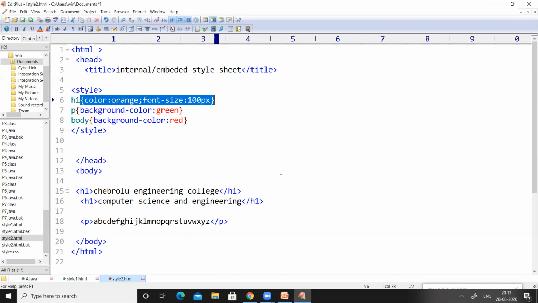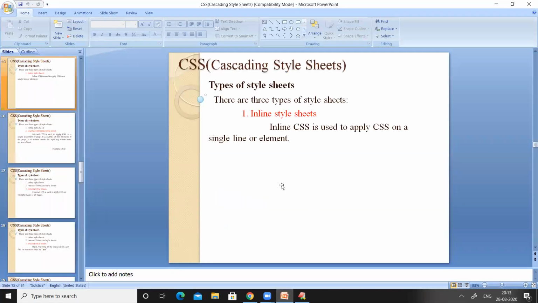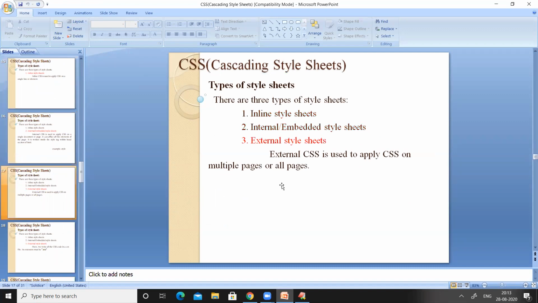Okay, so now let us see about the external style sheet. This external CSS, cascading style sheet, is used to apply CSS on multiple pages or all the pages.